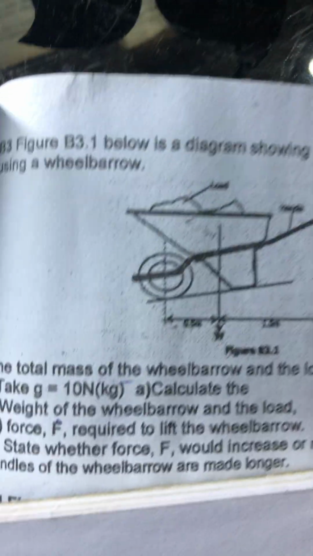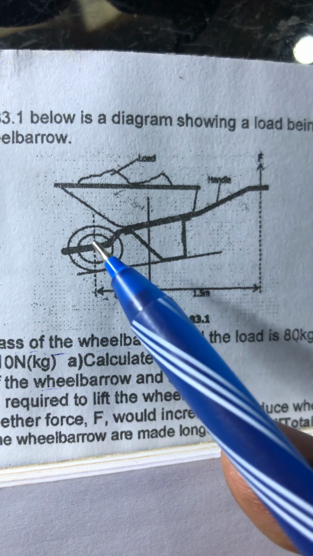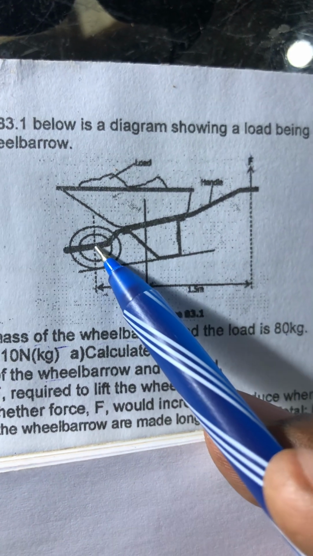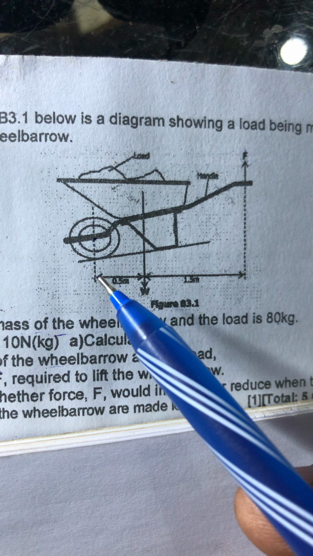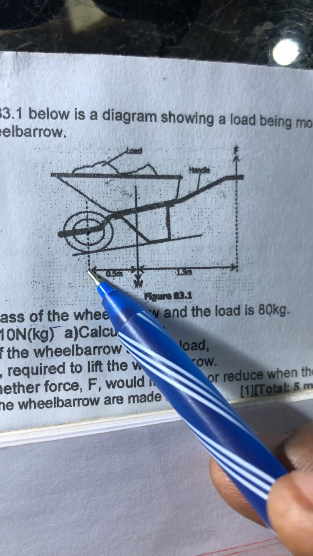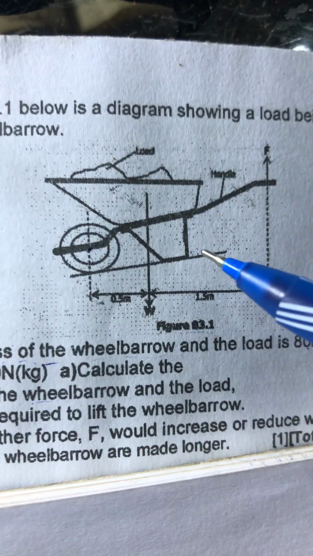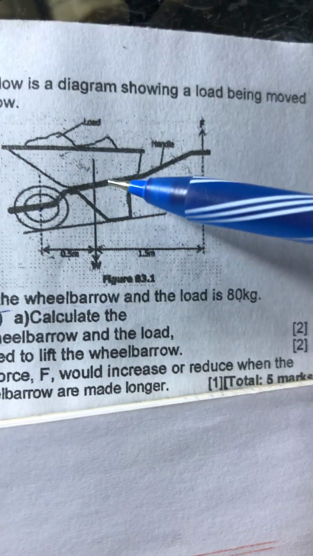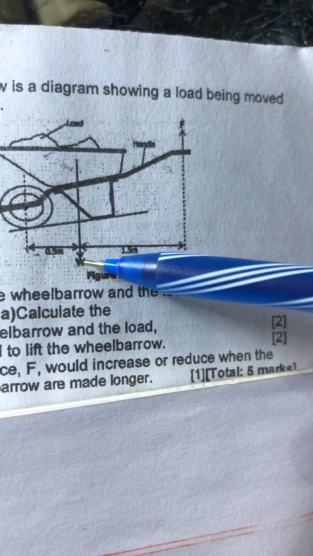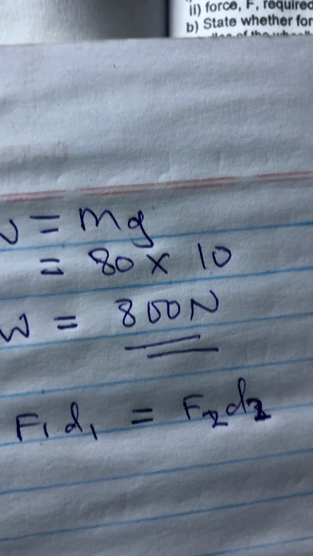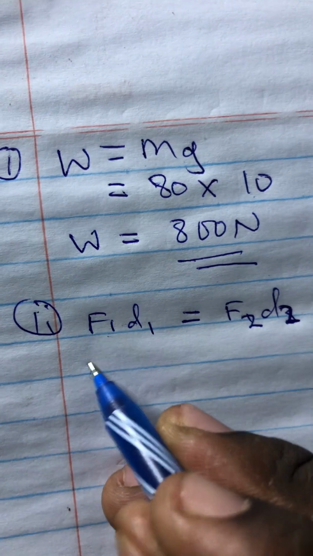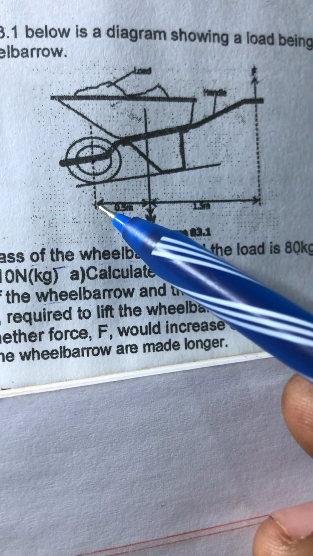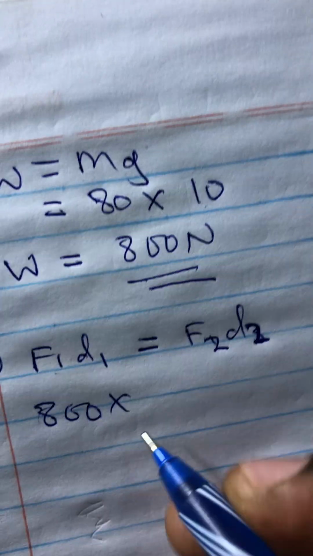So how are we going to do that? We are going to first of all recognize the pivot here, and then we're going to say the distance from here to there. First let's put the load that is going downward here, the weight of the load and the wheelbarrow, which is W. We have found it. It is 800 newtons. So we are going to put the 800 newtons there, multiplied by the distance, which is from here to there, which is 0.5,